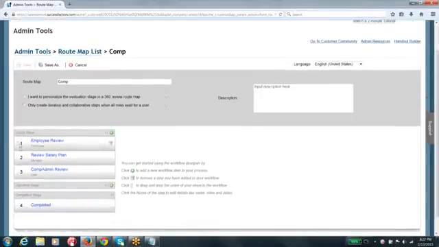Understand this. What your route map is going to have is only 3 stages. You can see here there is a modify stage, a signature stage, and a completed stage. And what you are going to configure in these stages is the steps, guys.